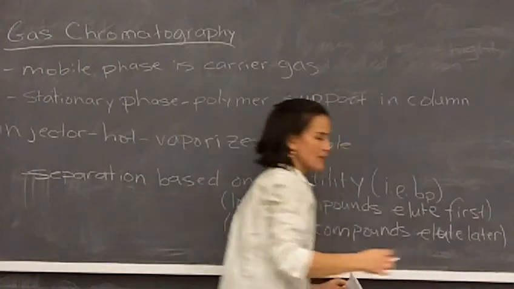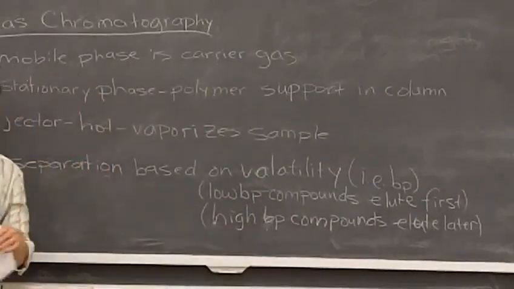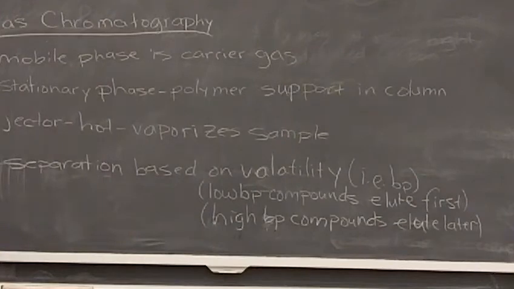Okay, so with GPC we're separating based on size. Here we're separating based on boiling point. So if you have a list of compounds and their relative boiling points, you can pretty much figure out what the order is going to be based on that boiling point. Now with this capillary GC,